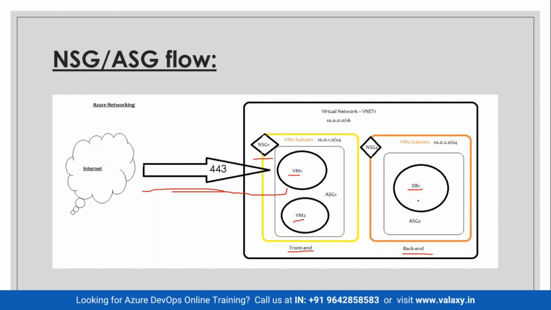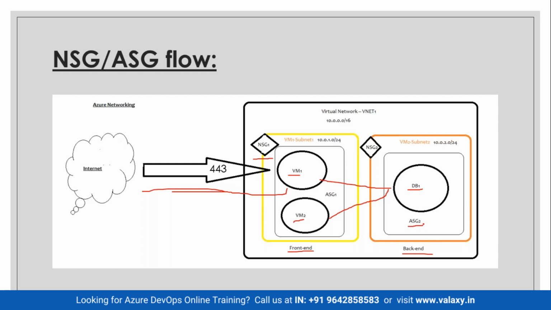If I want to access this VM, how do I access it? So this is the backend VM. This can be accessed only through these VMs. So if you see, this is what